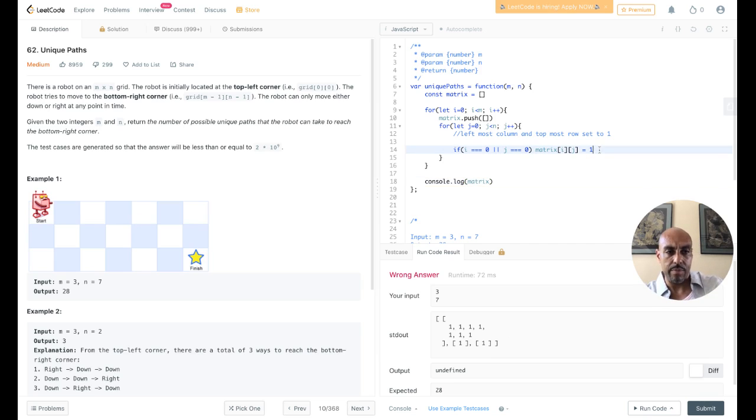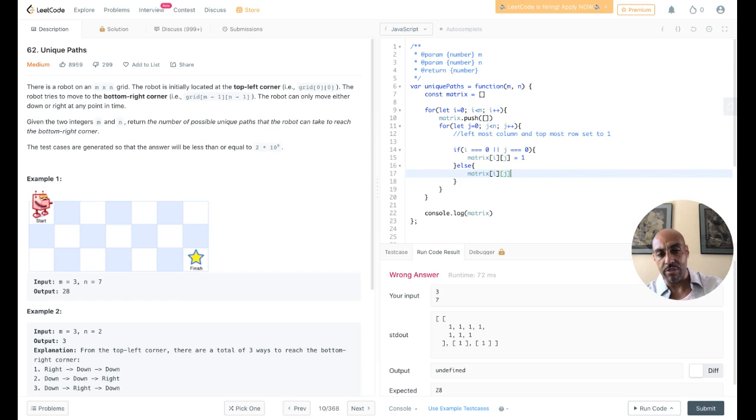So we need to do that. Let's go back out. We'll add that. Else, matrix i j equals